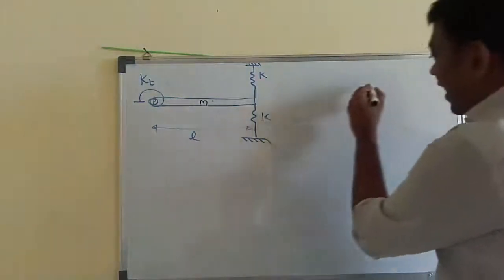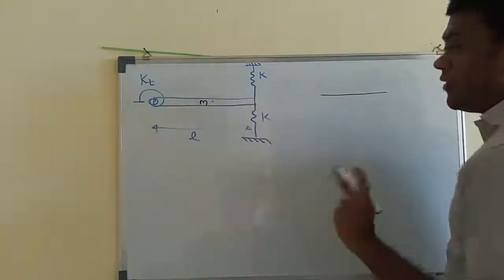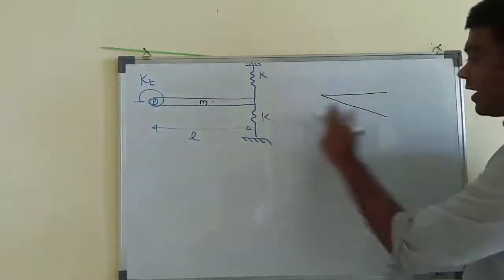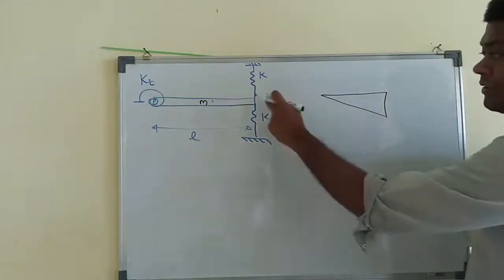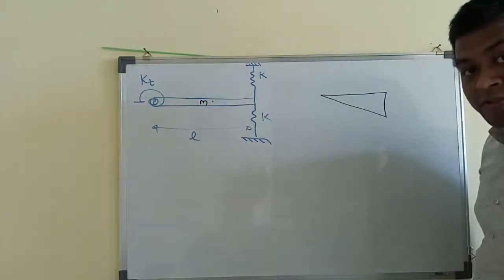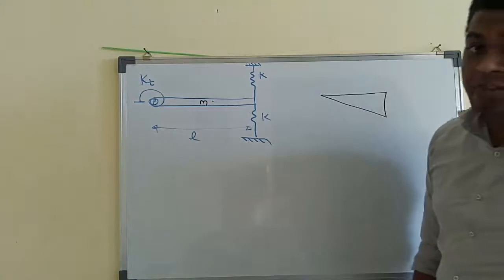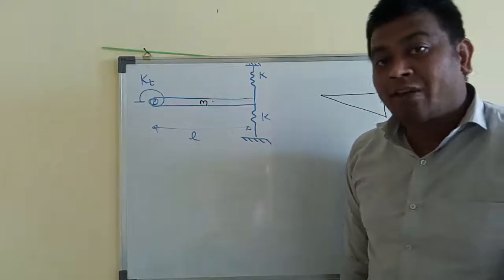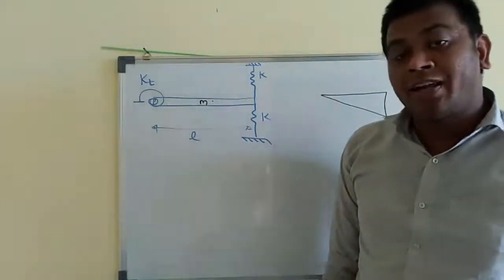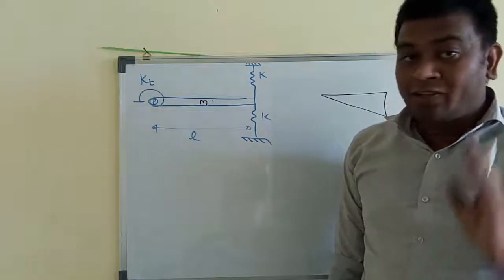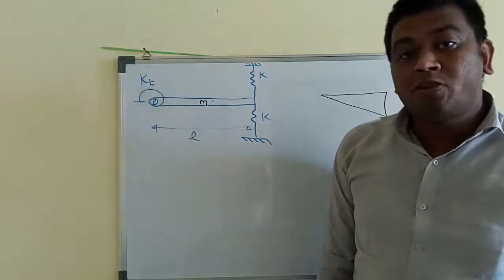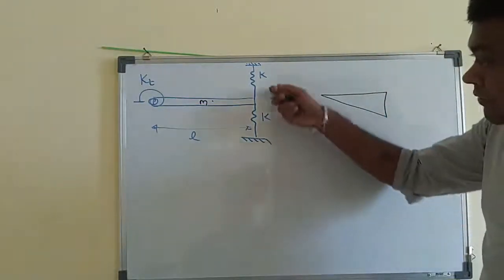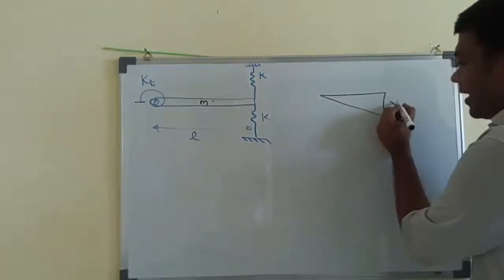Suppose this is a cantilever beam, and if it is deflected, there will be deflection like this. This spring will get compressed by this much amount and this spring will get stretched by this much amount. Compression and expansion are one and the same thing. In mechanical vibration we do not denote compression and expansion by a negative sign; whether it is compression or expansion, we consider both as deflection. Here the deflection for both springs will remain the same. Let the deflection be x.